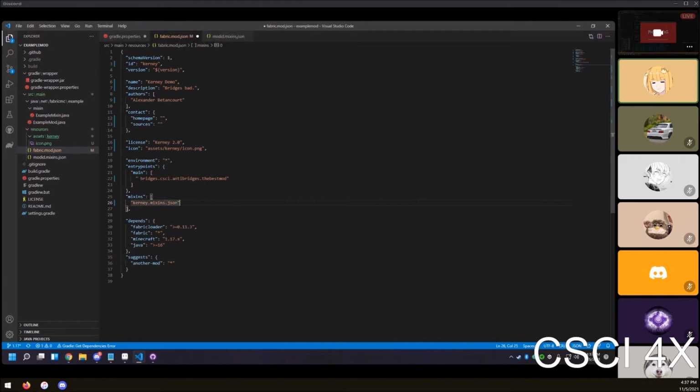Mixins.json. Under Kearney, here we can just rename that to Kearney mixins.json. We're doing a lot of renaming because this is a template, so